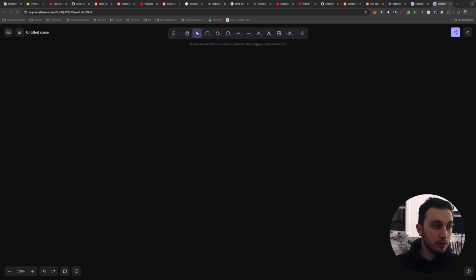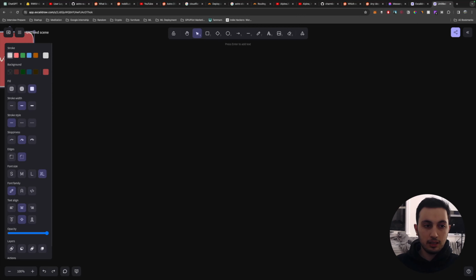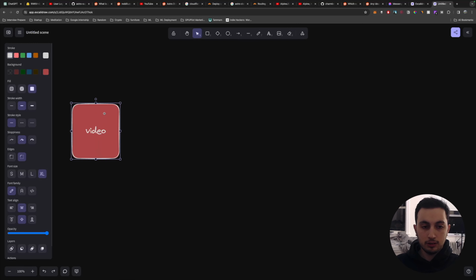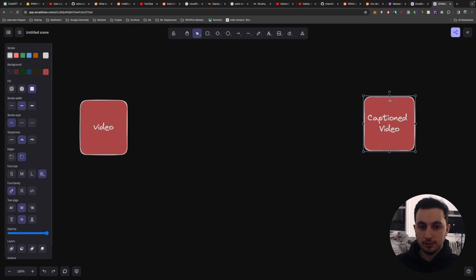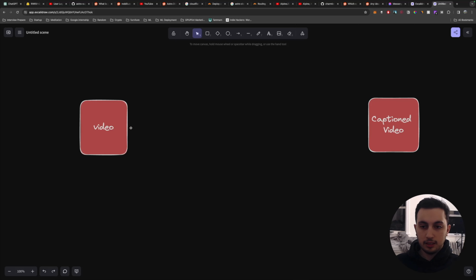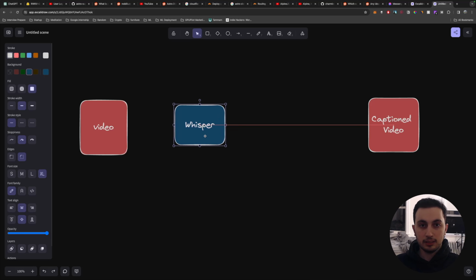Here's what we need to do. We need to go from a video all the way to a caption video. In the middle here, we're gonna use Python. To get the captions, we're gonna use this model called Whisper that OpenAI developed that gives us really good transcription. Also, it gives us the word level timestamps. So every word I'm saying right now, we're gonna get a timestamp on the millisecond level of when did I